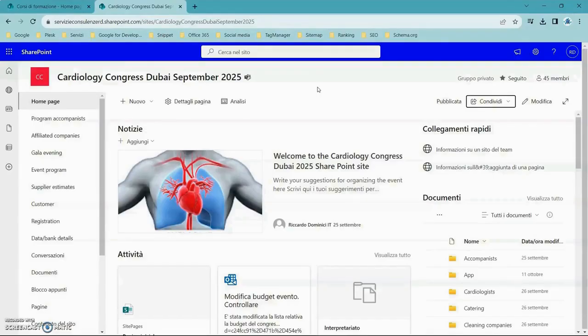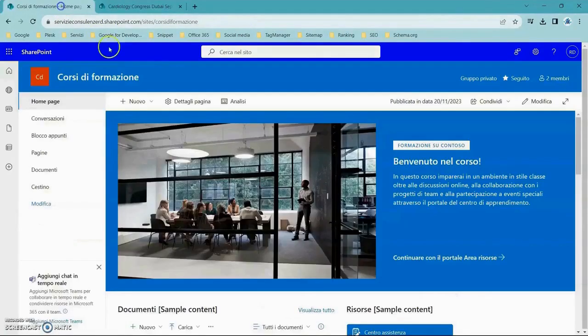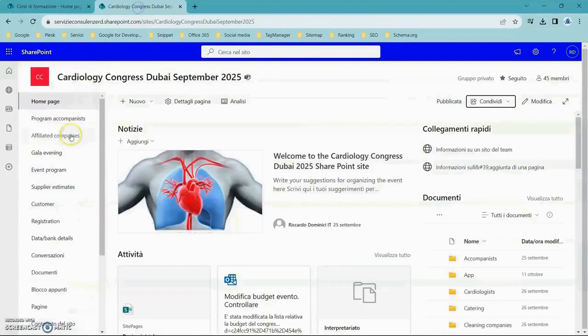There are also many other aspects developed in Forms and Sway that I created to simulate the organization of the congress, which could be useful for us to see what we can do. But we will also follow the site we created to see how we create a site. For example, to see how we can add items to the menu, since this one is a cleaner menu compared to the other, which is already very full of content. So let's go to the initial slide and examine them one by one.